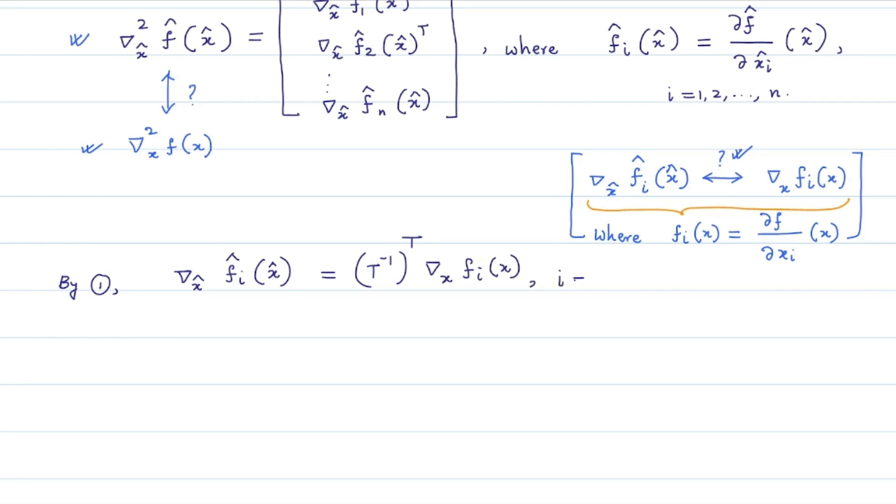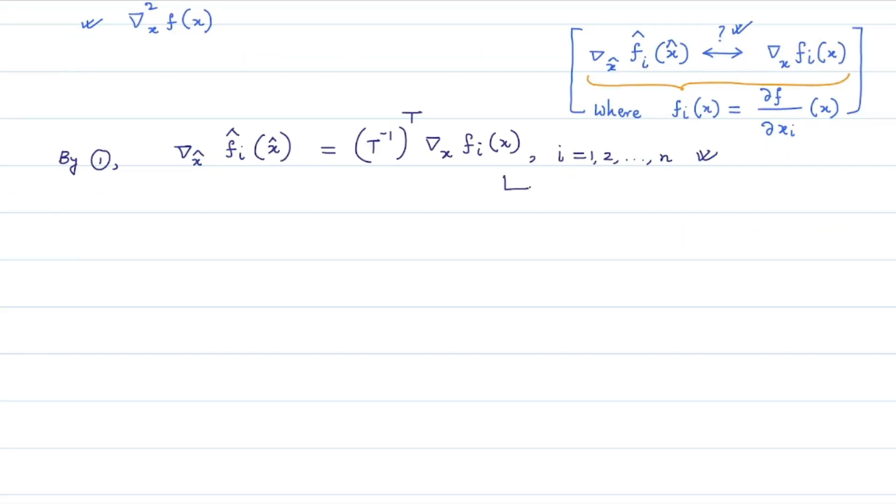This is for every i equal to 1 till n. Let us name this equation as, say, 2. Now we see that a relationship between f i hat and f i is given by